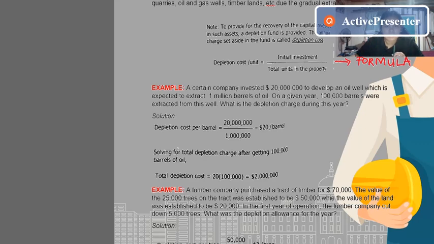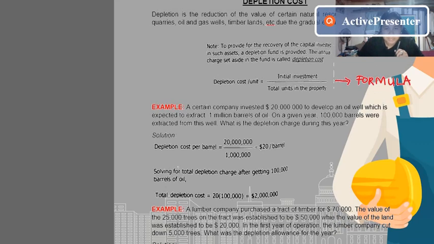So a certain company invested $20 million to develop an oil well which is expected to extract 1 million barrels of oil. On a given year, 100,000 barrels were extracted from this well. What is the depletion charge during this year? So first, we need to write our given from our problem. So as stated, the formula for depletion cost per unit, we have the initial investment. So our initial investment